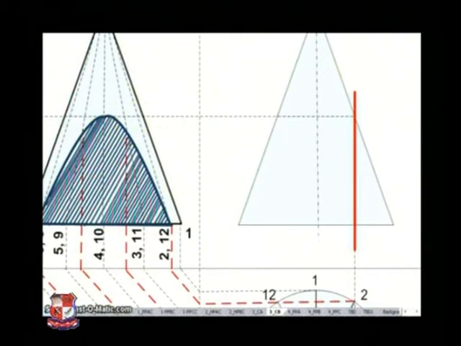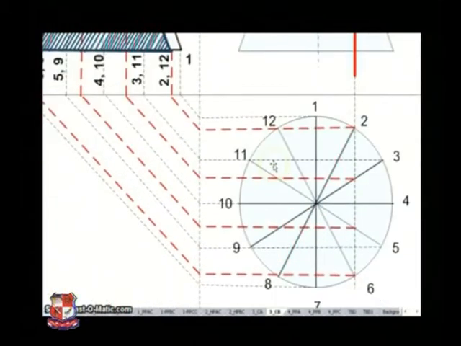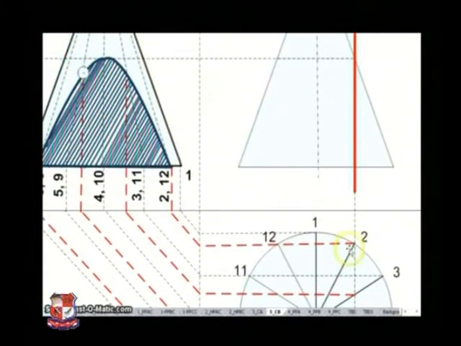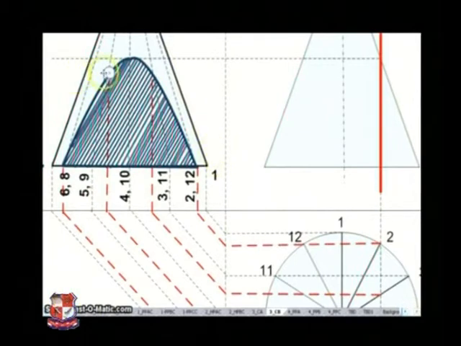I can just draw a circle real quick here to draw all these points. This is the first point here. This will be the second. This will be the third here. Similarly, this one will be the fourth. That fourth is coming when this plane intersects at point number 5. If I extend here, then that is number 5. Similarly, another point will be here. Once I have these 6 points, let me get rid of this one now.